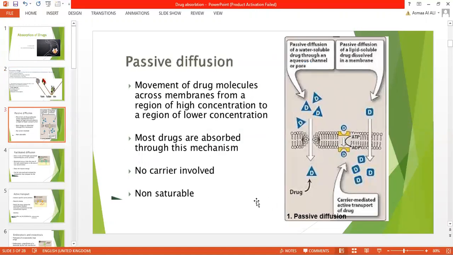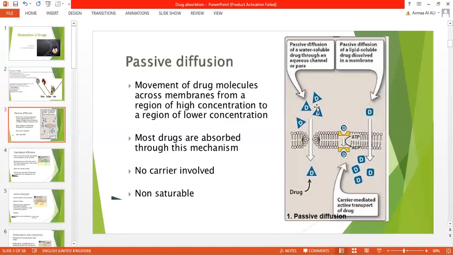Firstly, passive diffusion, which is the movement of a drug molecule across a membrane from a region of high concentration to a region of low concentration. Actually, most drugs are absorbed through this mechanism. Here, there is no carrier involved. That means we don't need any carrier. It could be a protein or other substance that works as a carrier to take the drug across the membrane. Here in this mechanism, there is no carrier involvement, and